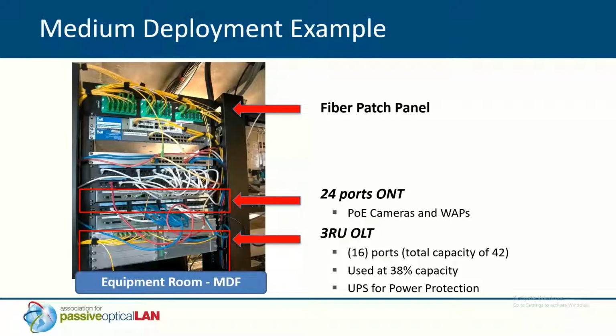But in the center there, you see a 24-port ONT, and again, back to the flexibility. You can have an ONT sitting next to your OLT chassis, like in this example, if you have a need for Ethernet ports in that same room. So 24-port ONTs are common now. 1 port, 4 port, 8 port, basically anything you need, and can be physically located pretty much anywhere you can dream up.